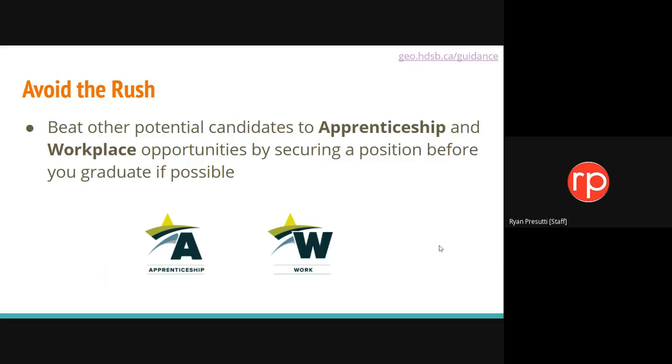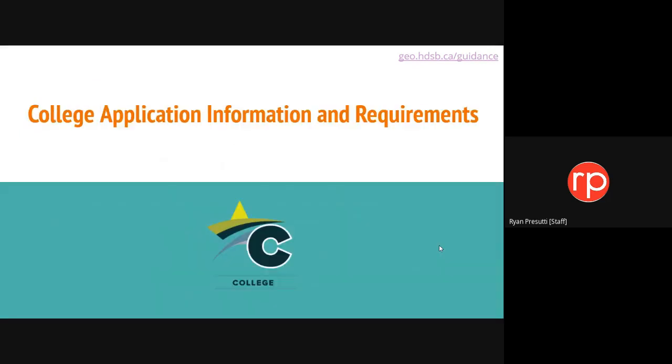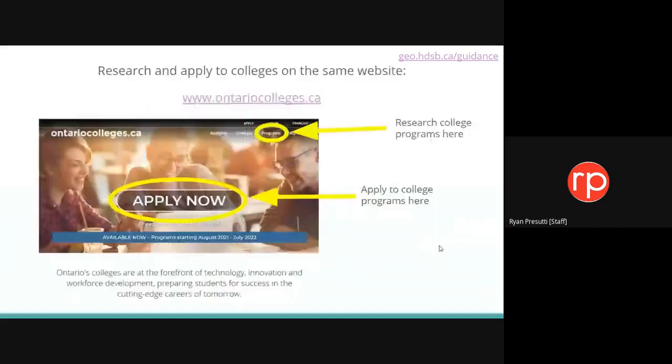If you're interested in applying to college, I'm going to go over some of the information and requirements in order to apply to college. You are going to do all of this, both research and apply, on only one website, and that is OntarioColleges.ca. When you get to OntarioColleges.ca, this is the homepage that you see on the screen here. Click Programs in the top right, and that's where you will research any college program that's available in the province